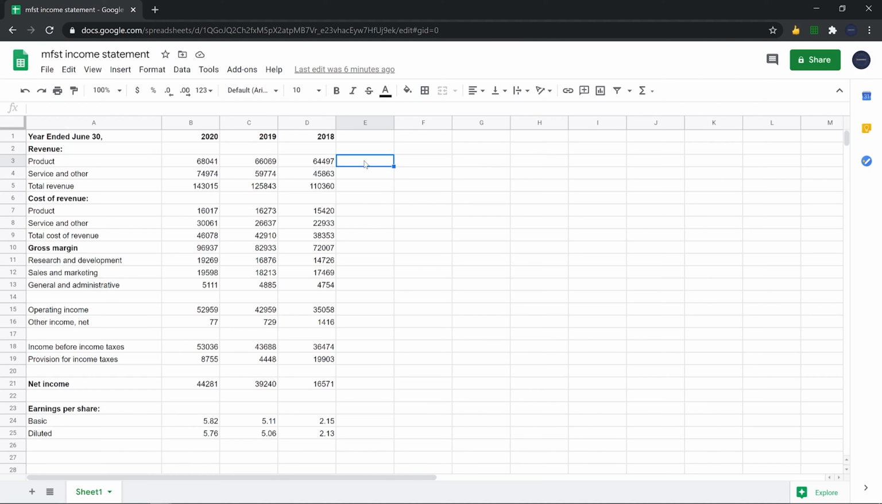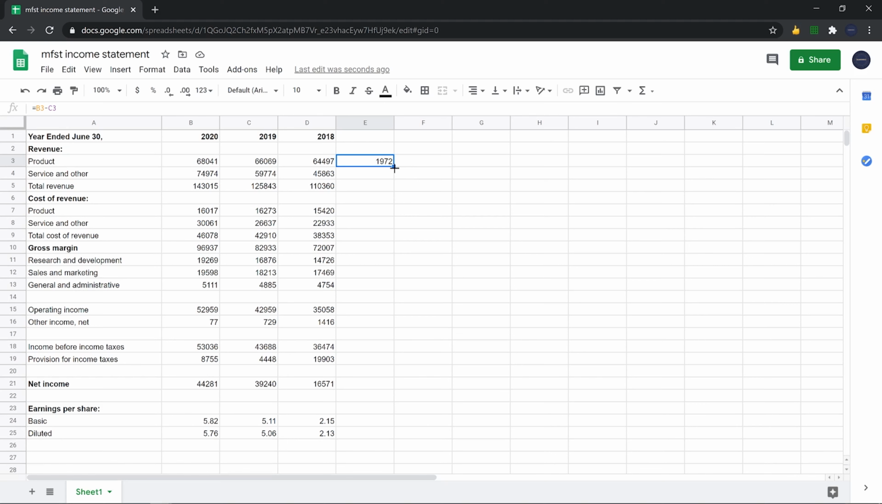All right, so we have the income statement for 2020, 2019, and 2018. But for simplicity, let's just compare 2020 and 2019. To get the difference in dollar amount, let's go ahead and use this formula. So go ahead and press equals. We'll grab the first row, which is product, and we'll subtract the current year minus the previous year, 2019. Let's go ahead and click enter, and we get the difference in dollar amount, which is